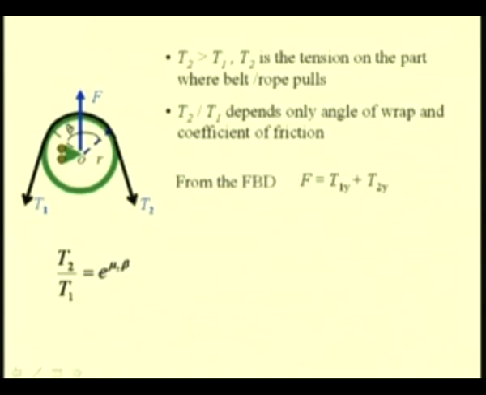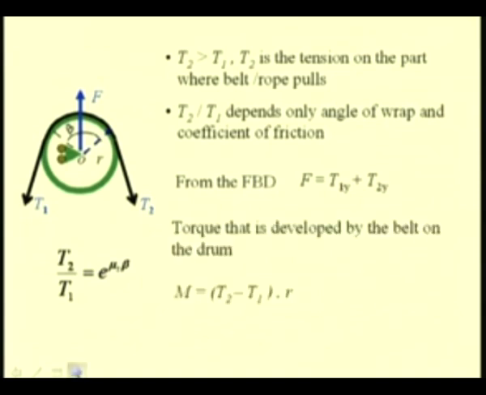So, this limits the maximum tension that is possible, and the torque that can be transmitted is T2 minus T1 times the radius R. So, we see that we can increase the torque that can be transmitted by increasing the coefficient of friction. Also, we can increase this by increasing the angle of the overlap,